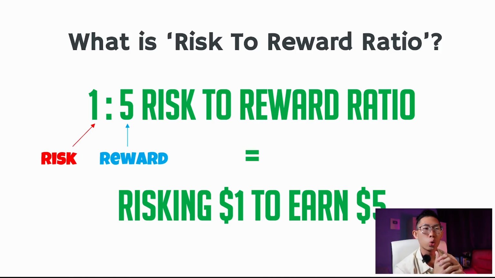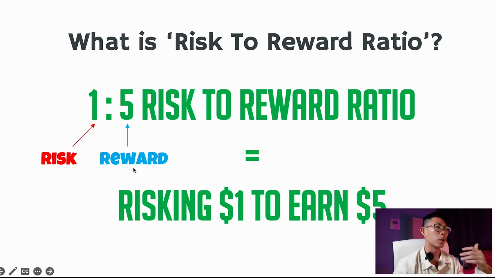What is risk to reward ratio? In the intraday strategy or scalping strategy, we talk about risk to reward ratio, but what it really is, the risk to reward ratio marks the prospective reward an investor can earn for every dollar they risk on an investment. So, in this case, if you enter a trade with a risk to reward ratio of 1:5, that means that you are willing to risk $1 for the prospect of earning $5.